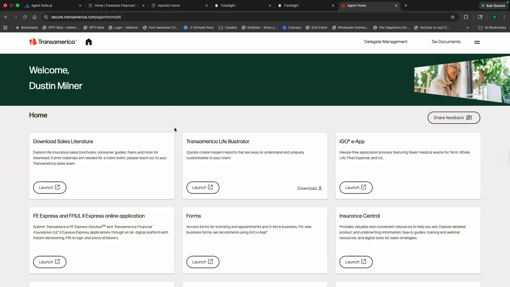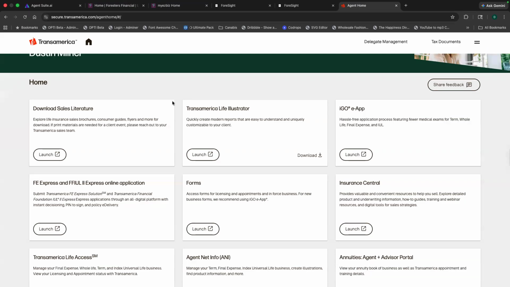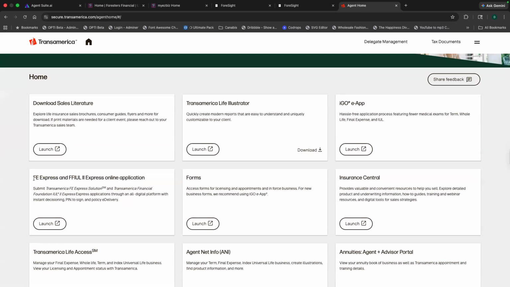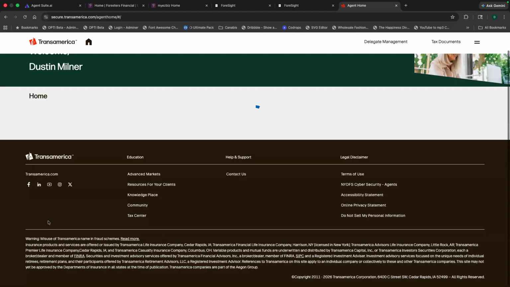They just don't do $25,000 policies on IULs. They'll do it for FEX, but on the IUL, their minimum is 50. So in any regard, once you log in, you'll go down to the FEX Express and FFIUL Express online application. Hit launch,